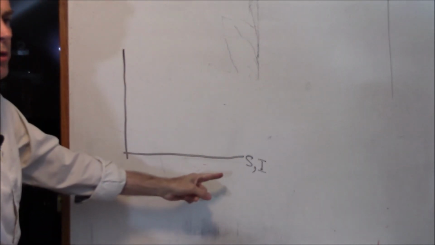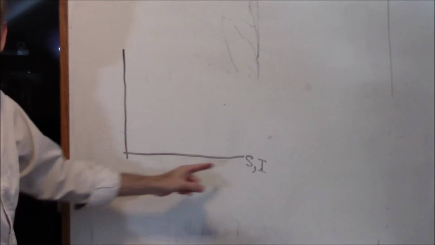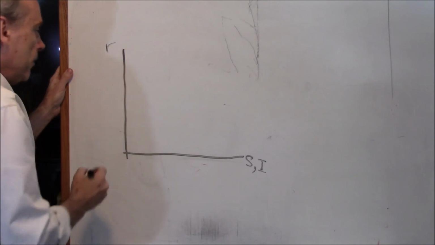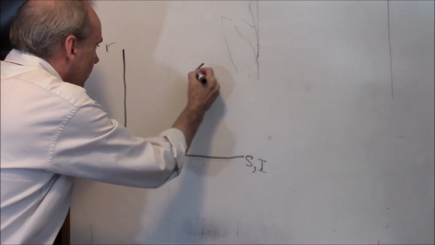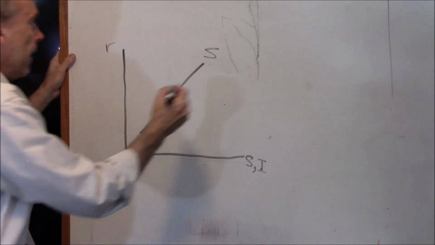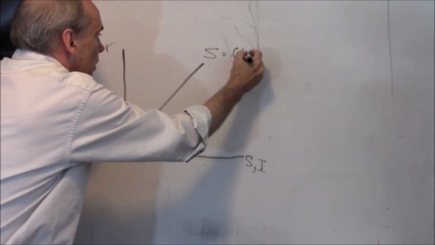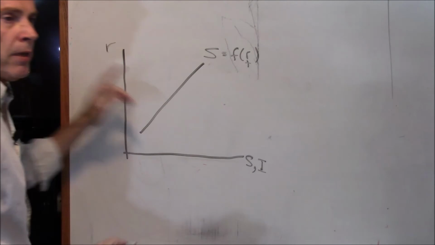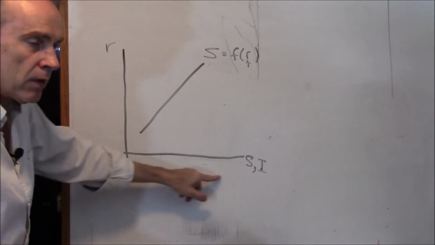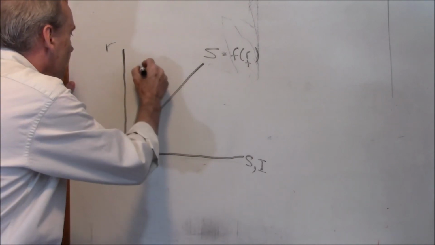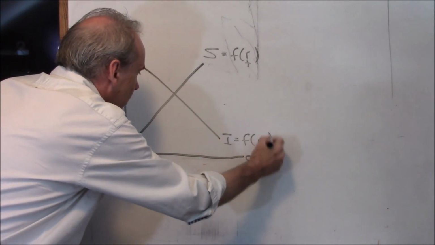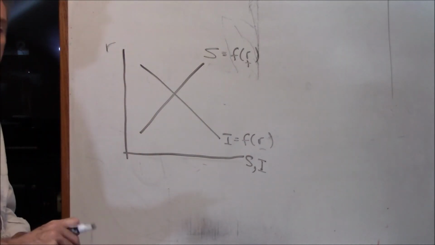Everything I drew on the board just now, we can just do this way. I'm going to measure both savings and investment on this axis down here. I'm going to measure the interest rate up here. And then I can put here a savings function, just what we did a minute ago. Savings is a positive function of the interest rate. Interest rates go up, savings goes up. And then I'll do investment, which is a negative function of the interest rate.